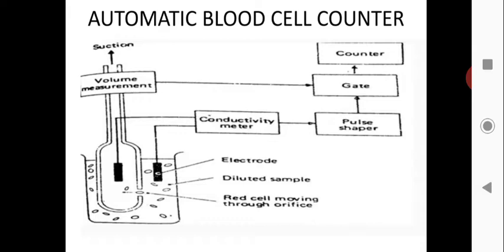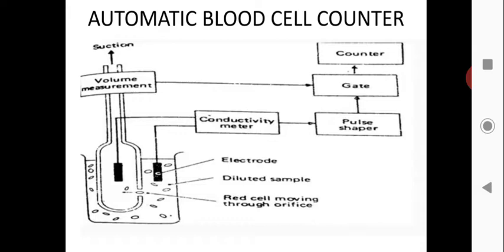So once the electron moves through one electrode to the other electrode, then there is a flow of current. Similarly here, the red blood cell moves from one electrode to the other, one placed outside the section and one placed inside the section. This movement of the red blood cells causes a conductivity meter to read the conduction.